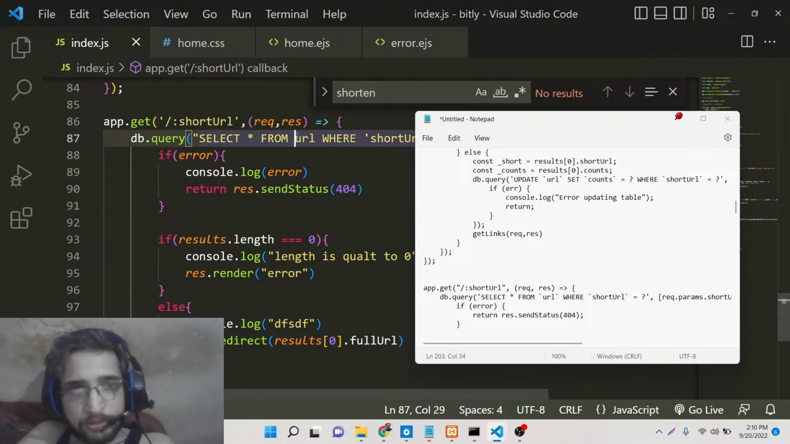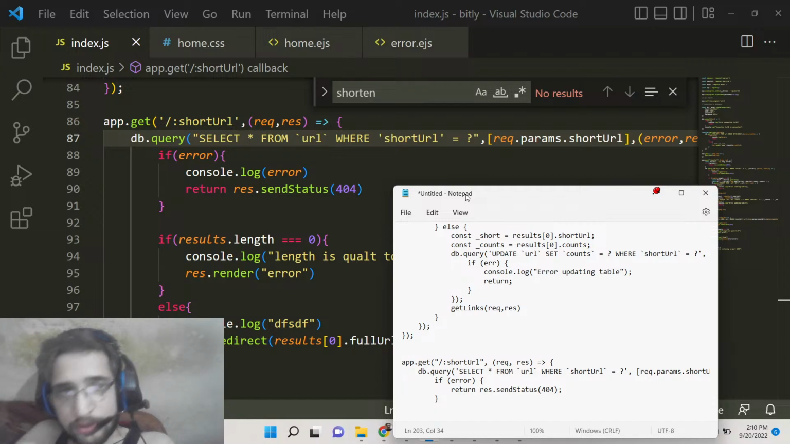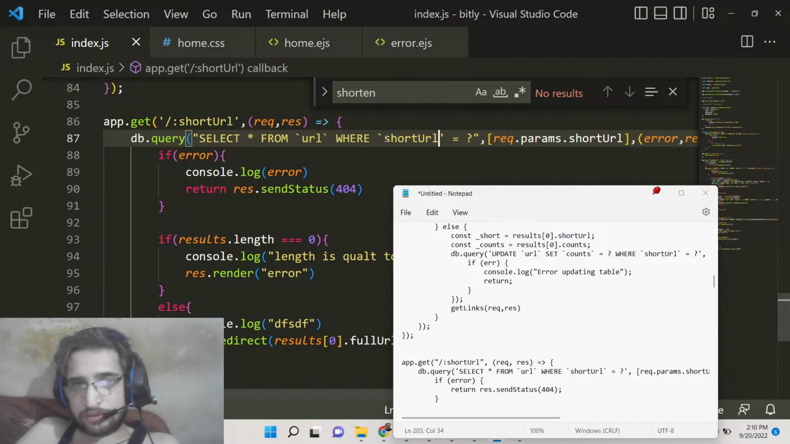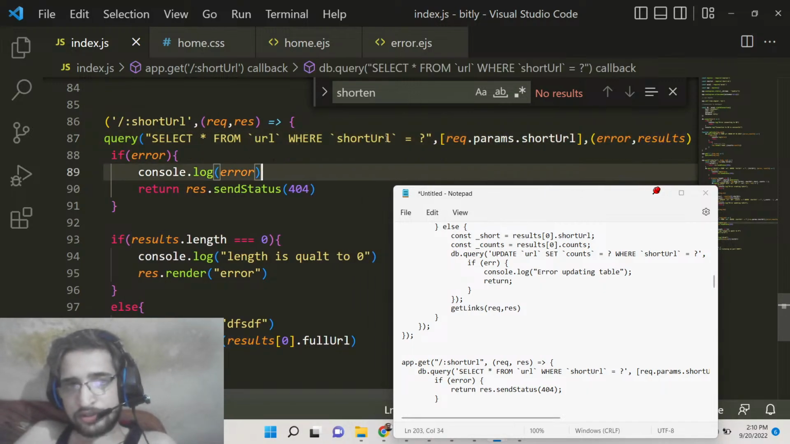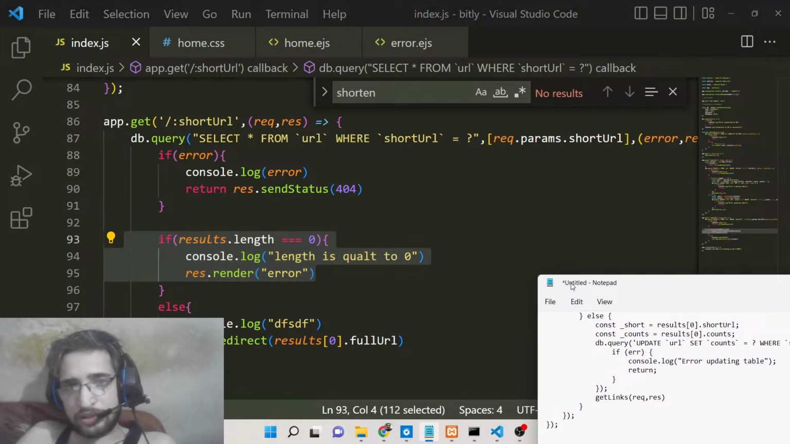The table name should be URL. So put that bracket on. Short URL, request, response. Just put these brackets here like this. Is equal to question mark. And then we are getting it using request.params.shortURL and then error, results. If results.length